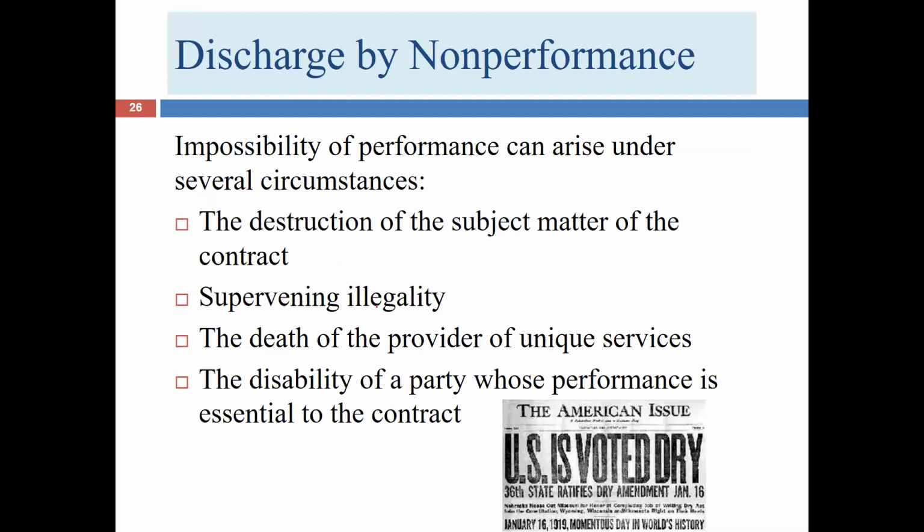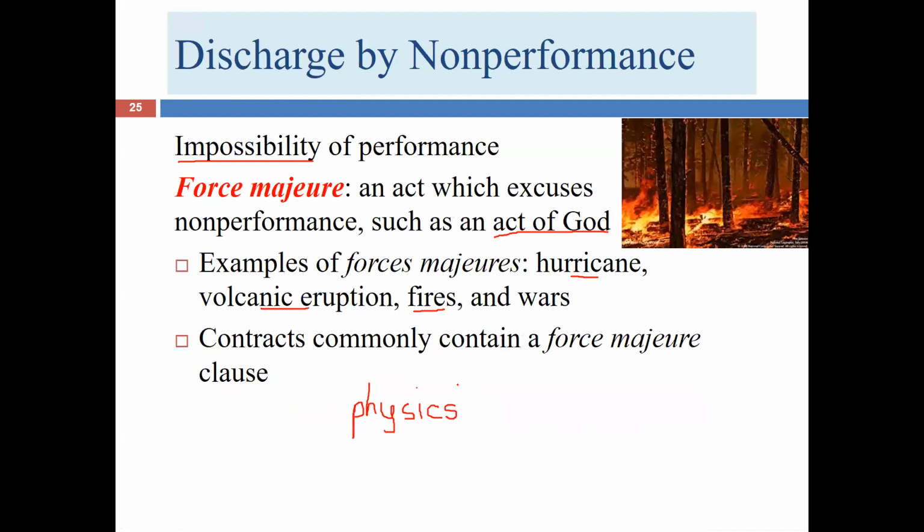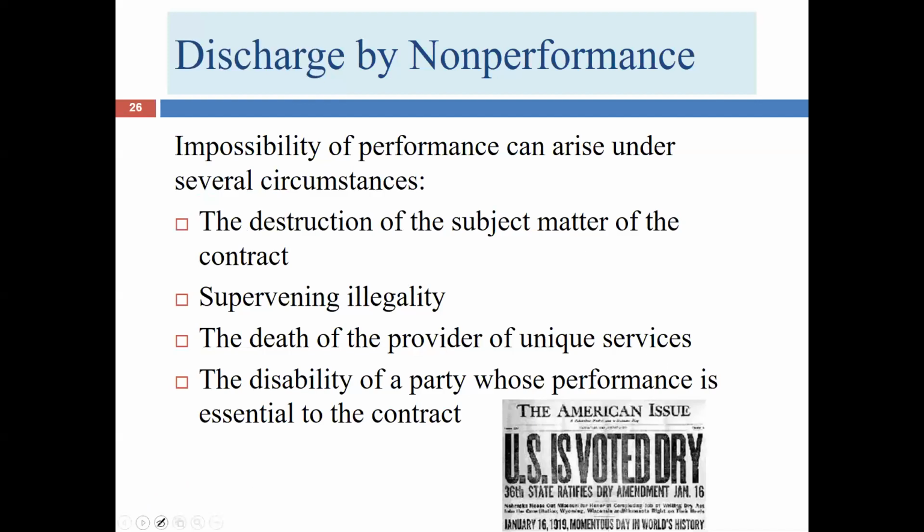Another is supervening illegality. Going back to our premise, you could say here that the laws of physics aren't violated. Let's say we have here the example of prohibition. There was a day, I don't know if it was immediately active on January 16th or what, but there was a day that it was lawful to buy liquor and wine on day X, but on the next day it was illegal. Presumably there were various contracts out there that liquor and wine and beer distributors had with various restaurants